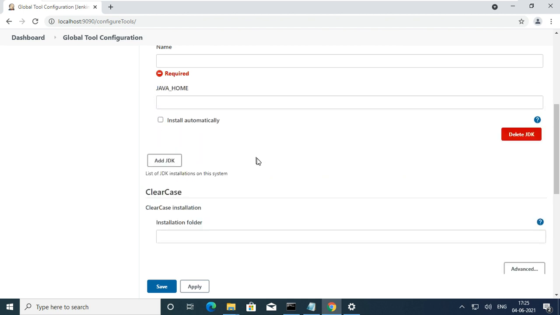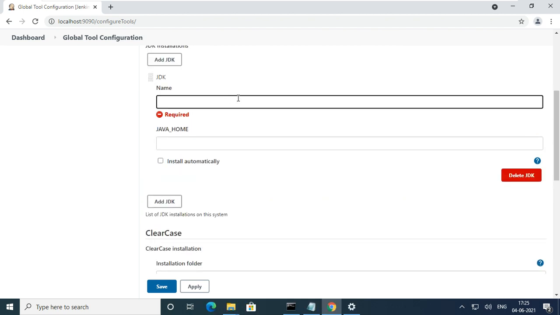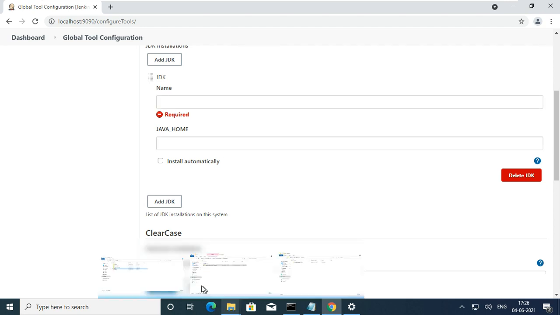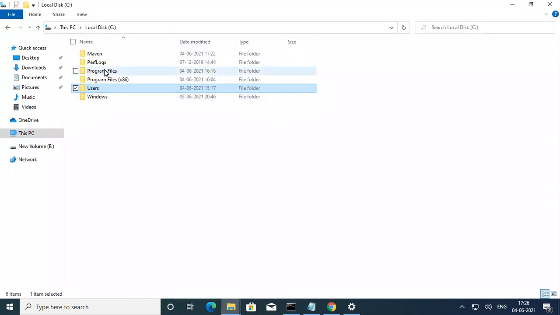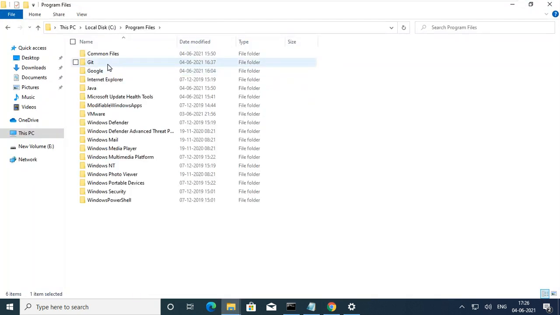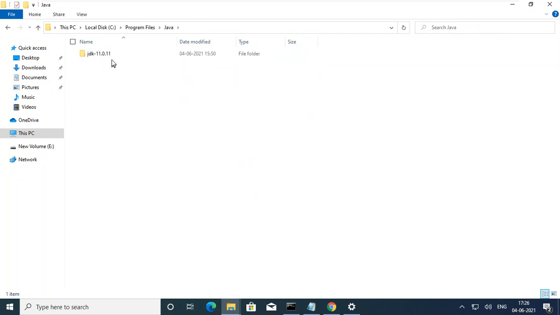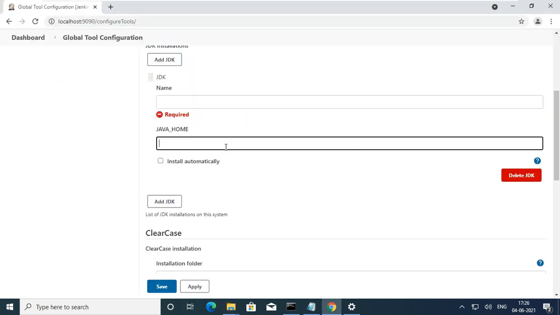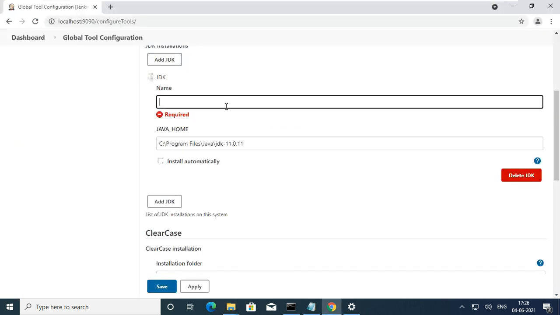Now I don't want to do that. Here I want to tell what it is. So this is the Java home, right? Do you remember where Java is stored? Program Files, Java, like this. This is the home directory. For the name of Java, we can put Java or JDK 11.